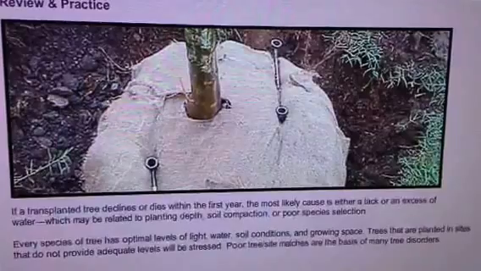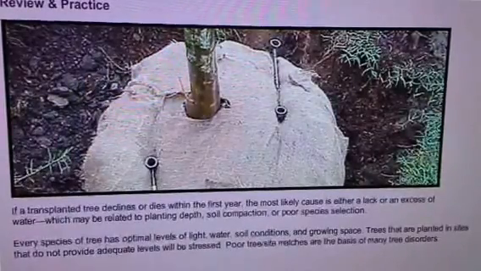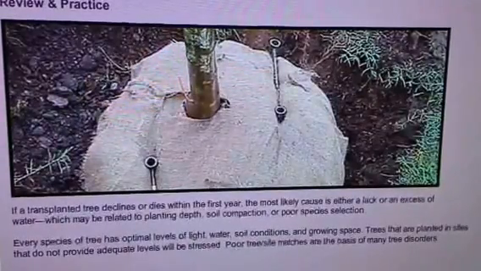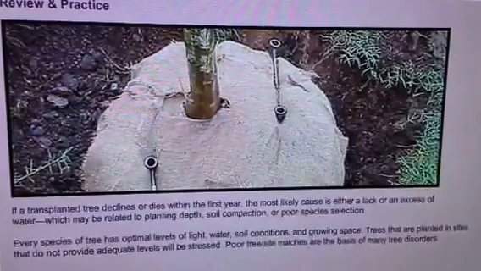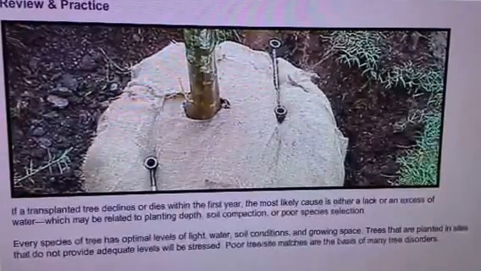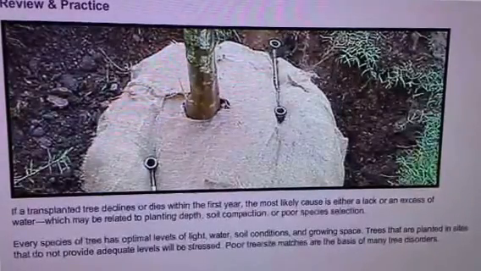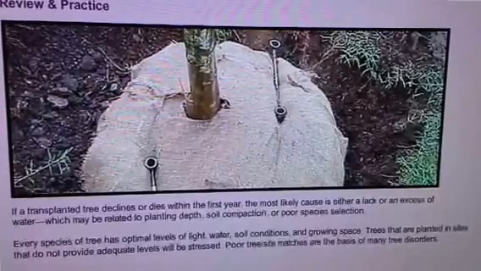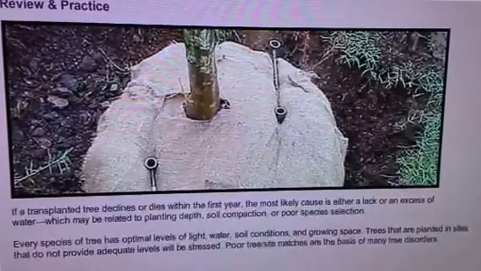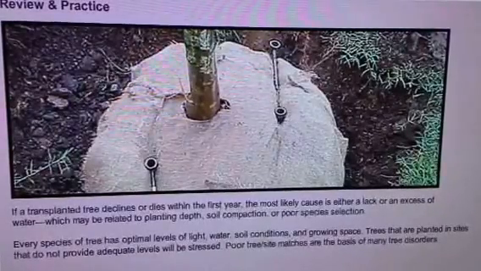If a transplanted tree declines or dies within the first year, the most likely cause is either a lack or an excess of water, which may be related to planting depth, soil compaction, or poor species selection. Every species of tree has optimal levels of light, water,